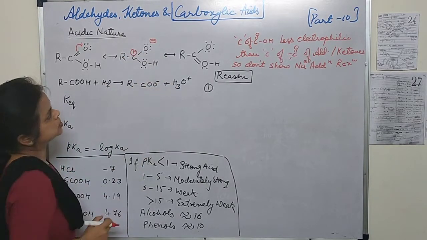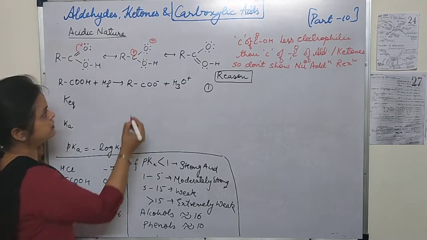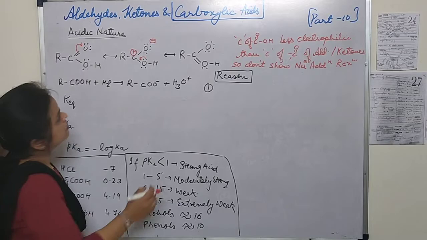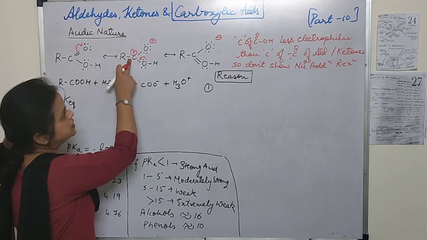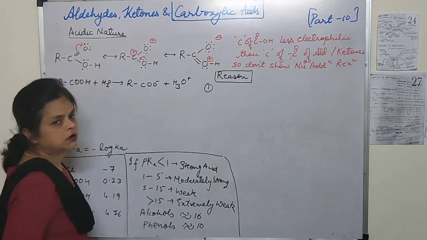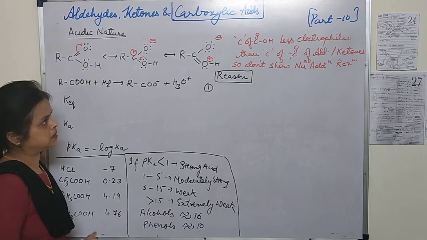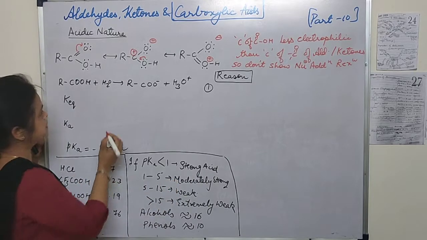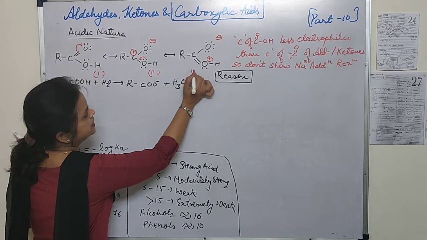Now, in the next structure, the next oxygen is also having two lone pairs of electrons, and it can also shift between this carbon and oxygen. Now, in doing so, it will have its remaining negative charge, but the positive charge here will not be shown on carbon, and this positive charge will be carried by the oxygen atom. So, these are the resulting structures of RCOOH. These are very helpful in explaining the reason why they are acidic. This is first, this is second, and we are giving it name third.